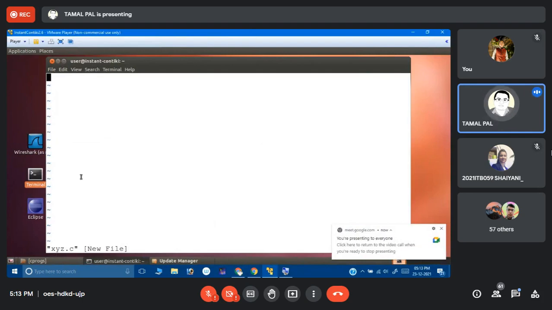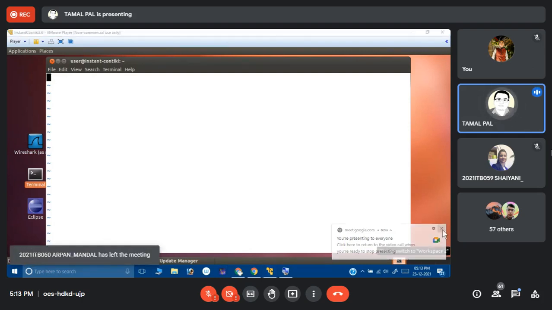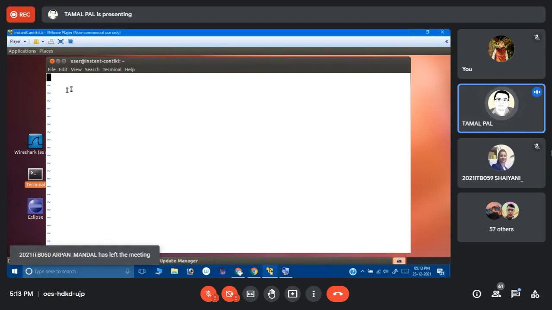So inside VI, using the VI editor, I have created one file known as XYZ. I can directly write instructions here, but the problem is this interface is not very friendly. Actually, what I usually do is escape.